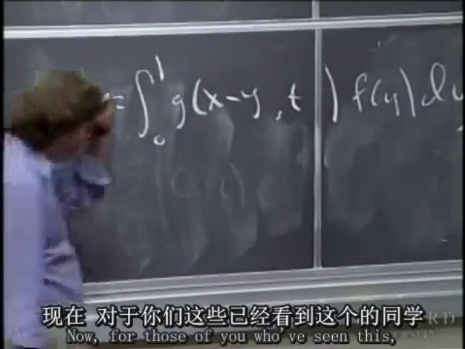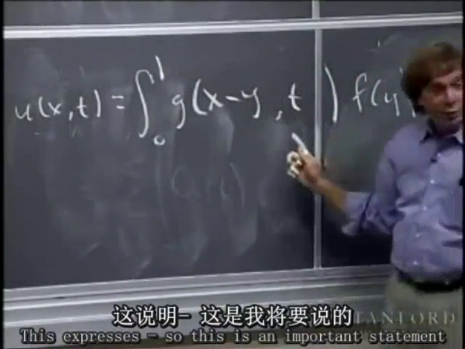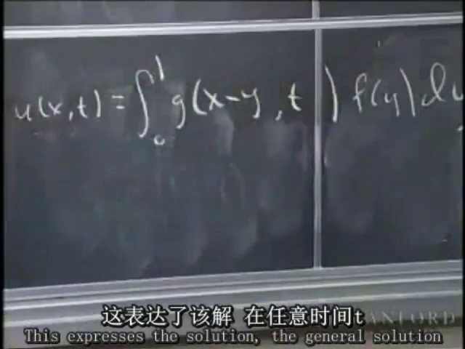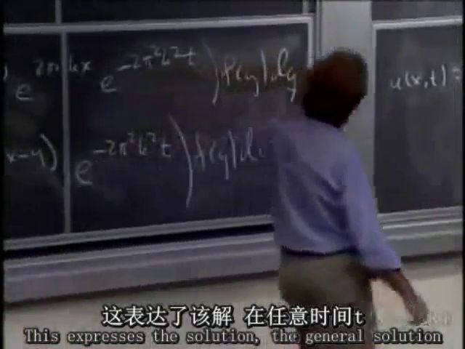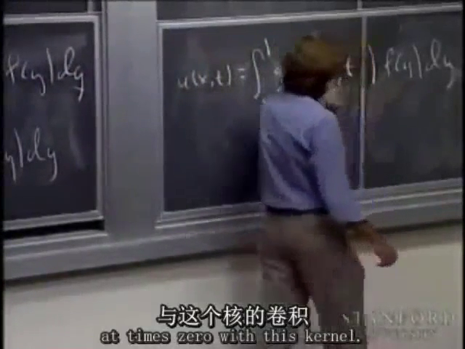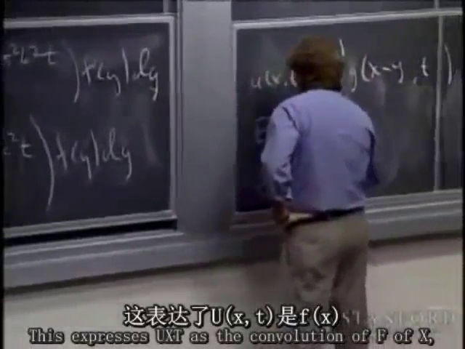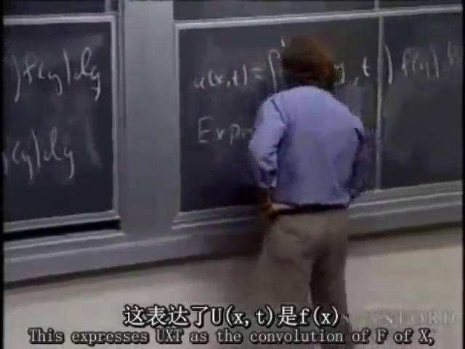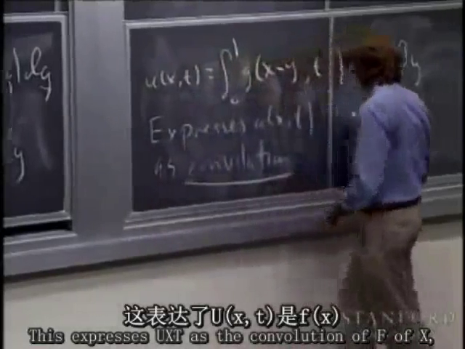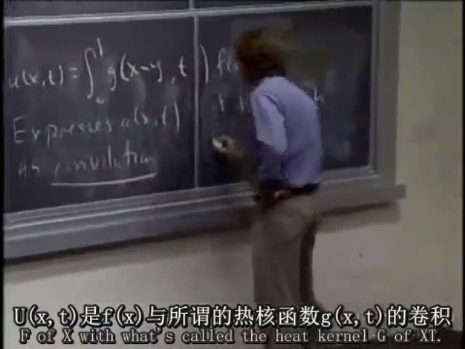Now, for those of you who've seen this, you saw a similar sort of thing on the homework problem. This is an important statement that I'm about to make. Drum roll. This expresses the general solution at any time t, any x, as the convolution of the initial condition at time 0 with this kernel. This expresses u of x,t as the convolution of f of x, f of y, doesn't matter, with what's called the heat kernel